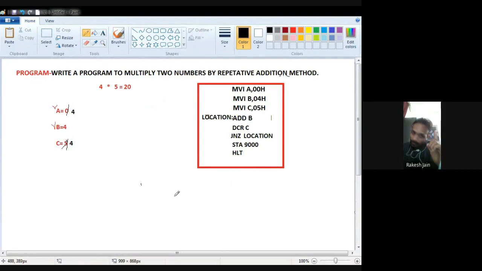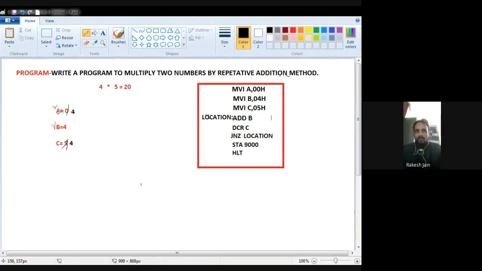My next instruction is JNZ, jump not 0. Just after DCR C, which decrements the register C by 1, if the result is not 0, jump to this location.